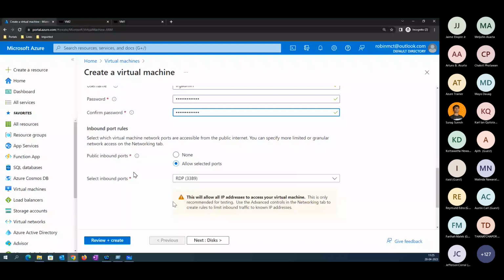Why are we getting this option? Because, as I was saying, by default your VM is blocking your internal communication.